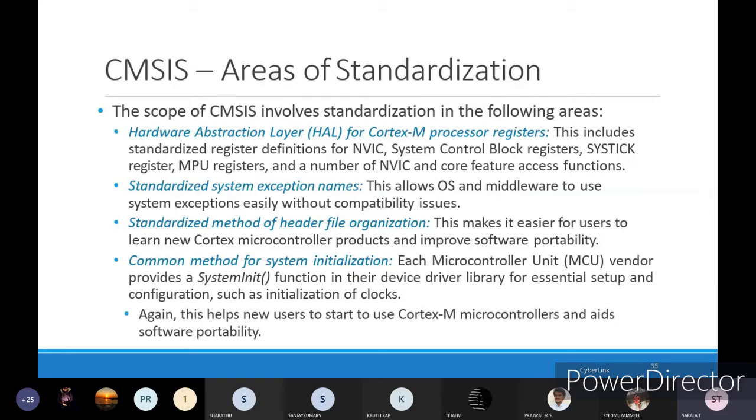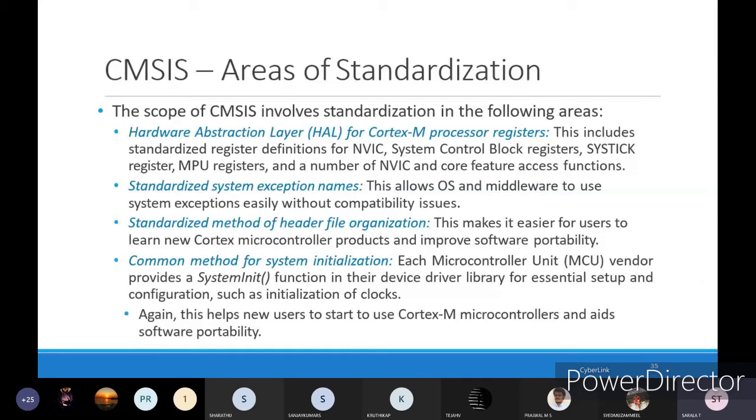Standardized system exception names. This allows OS and middleware to use system exceptions easily without compatibility issues. Your system OS, main OS, middleware areas and libraries are there, no? They will support the system exceptions with respect to compatibility issues.